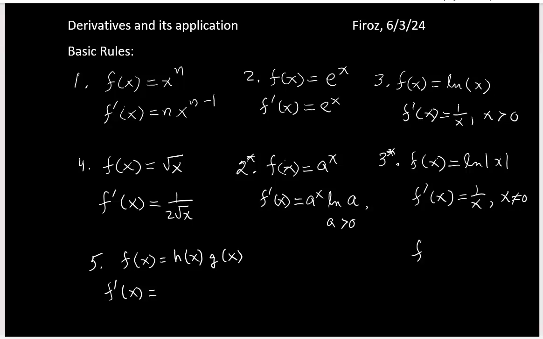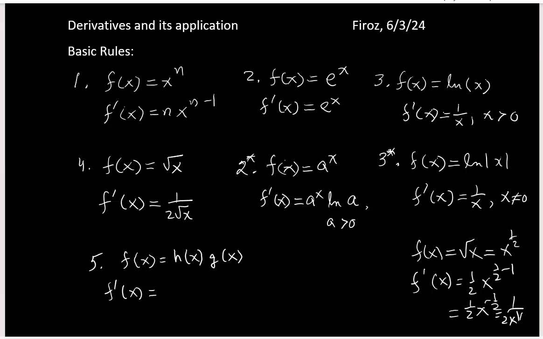So when you have the function f of x is square root of x, that means its exponent is 1/2. And then you can apply the power rule, that tells you 1/2 x to the 1/2 minus 1. So 1/2 minus 1 is negative half. So x to the negative half, meaning 1 over 2 x to the half, and then further you can say 1 over 2 square root of x. This result is very important when we will be discussing the chain rule of derivatives, especially for square root